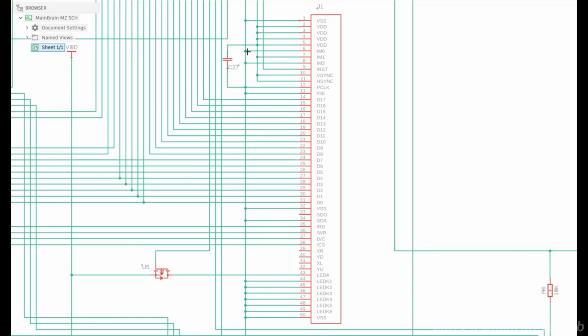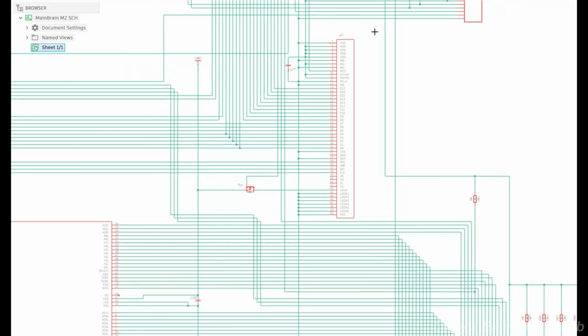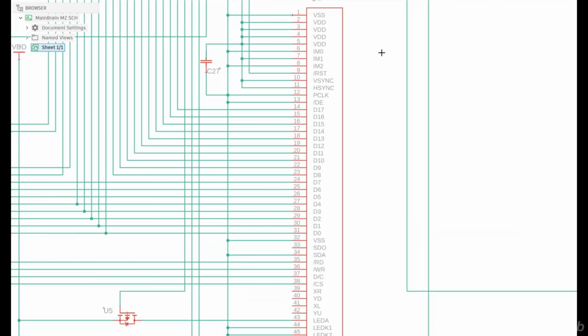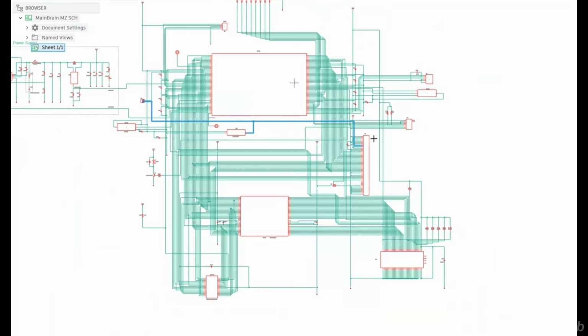Or you can design it so that you can change it with some jumpers or even with the microcontroller. And just like we talked about, the reset right here goes to the system reset